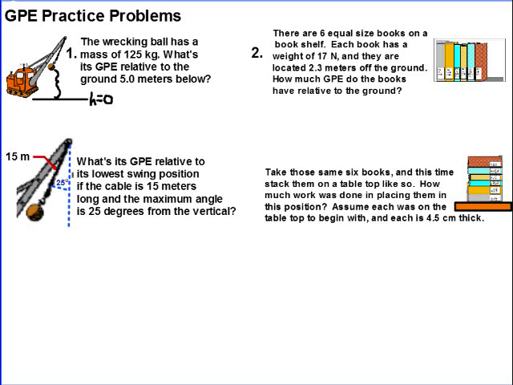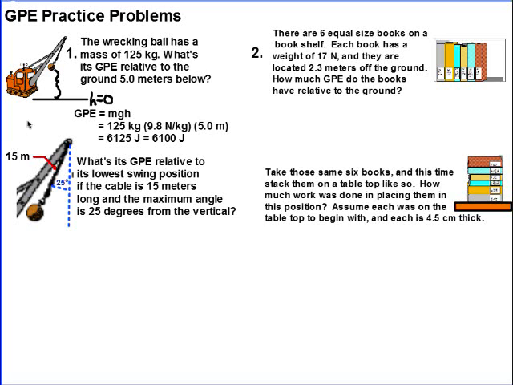Well, it's a fairly straightforward calculation. All I have to do is take that the gravitational potential energy is just m times g times h. That's 125 kilograms, the mass of that ball, times 9.8 newtons per kilogram. That's a value for g with different units than what we're used to, but that's just because I'm dealing with weight here. And then times 5 meters, that's how high up it is relative to the ground. And so it would have about 6,100 joules